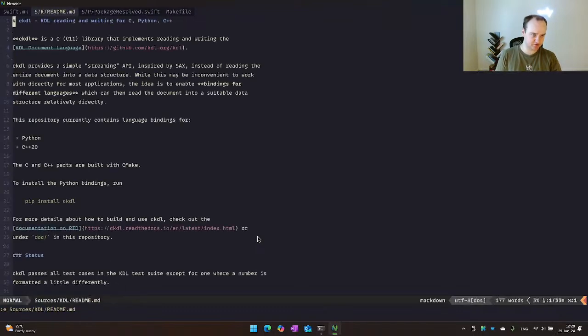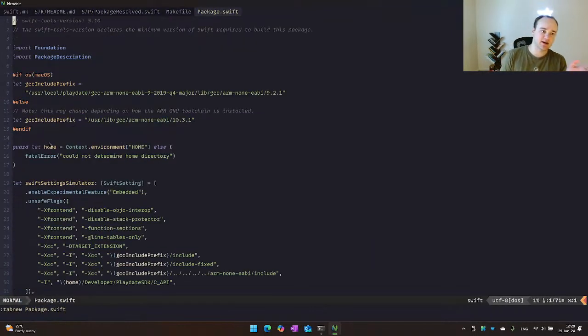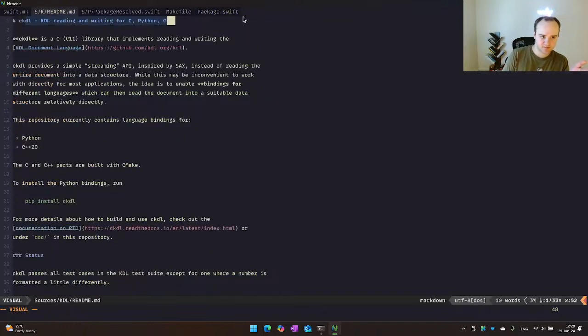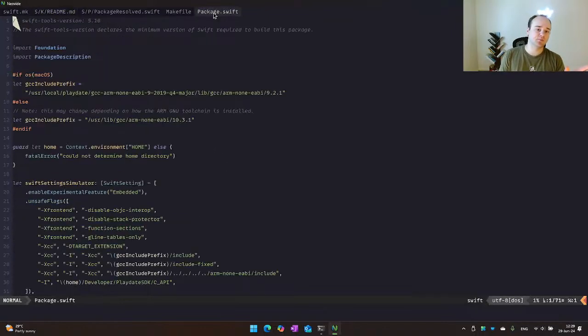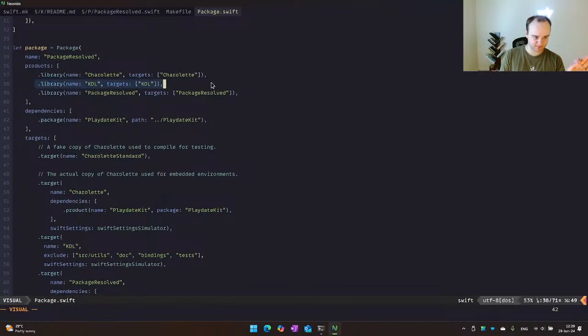We'll just show this README. Right, so if we were to go to, oh, you know, that would probably be a more important thing to show. Package.swift. Right, so here we have ccuddle, which I've known works with the Playdate. You just have to change a couple of things, but it works. In the Swift package, it can detect it and pick it up just fine.